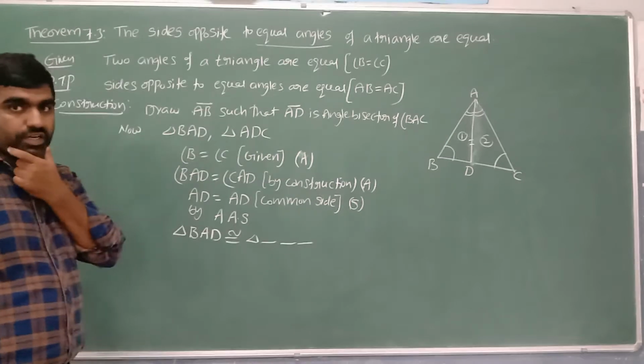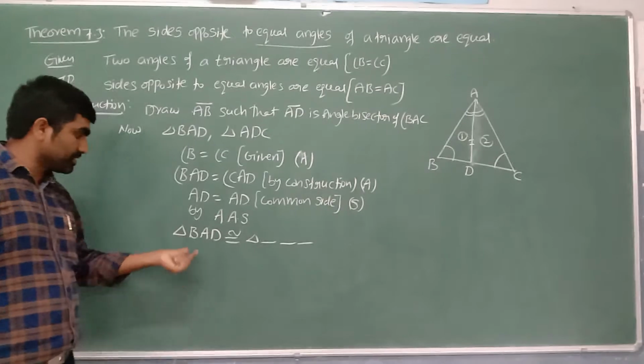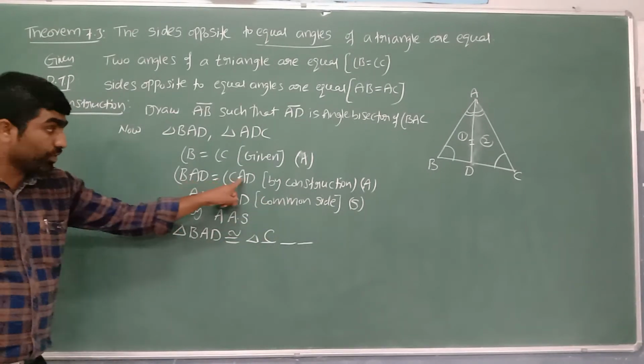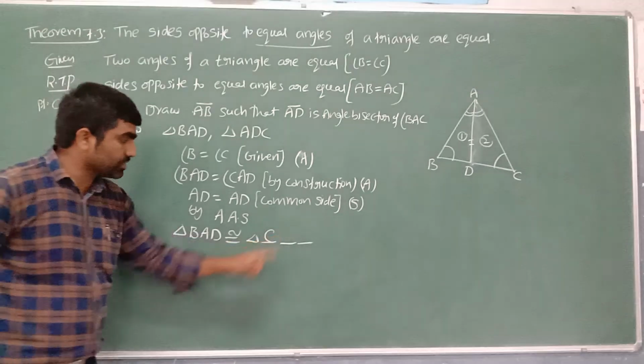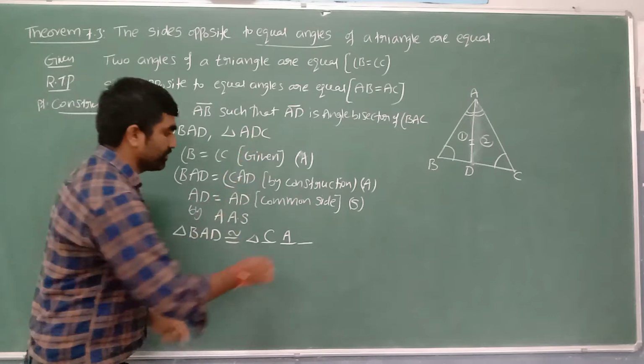First importance, I said, give angles. Angle B equal to angle C. B and C must be in the same places. B first, we go with C also first. Angle A is equal to angle A. Here angle A is in the middle, here also we take angle A in the middle. Then what is the remaining alphabet? C and finished. D left.